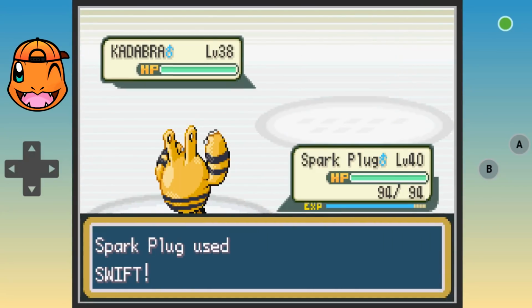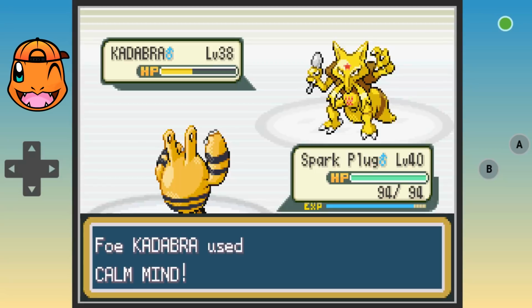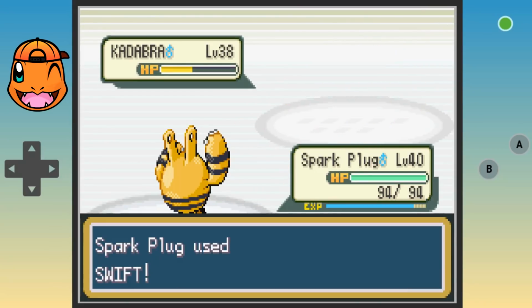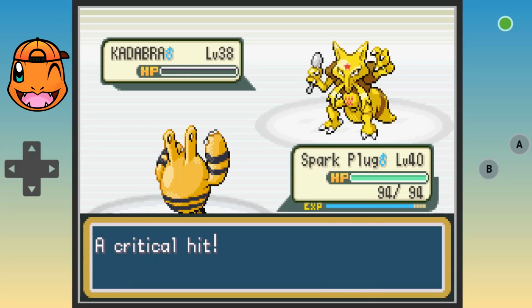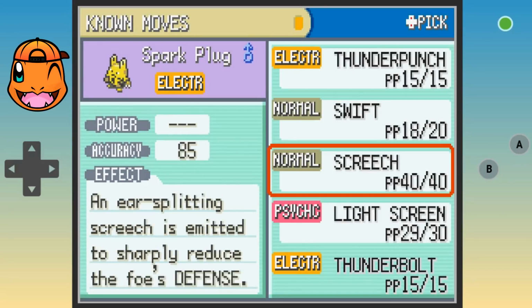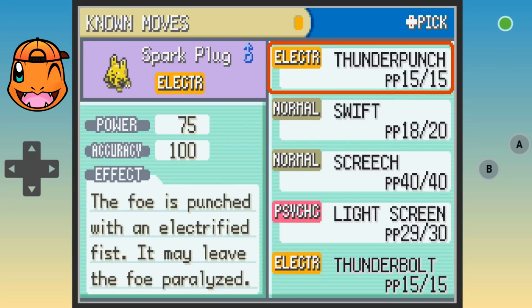It's at this point in the game that my team is really starting to steamroll all over these Pokemon, and it really shows here in this fight. A couple of Swifts is more than enough to deal with the Kadabra without even taking any damage. And it's right here that I actually learned Thunderbolt on Sparkplug, which is even better than Thunder Punch, so we go ahead and teach him that, and then we proceed to clear through the rest of the